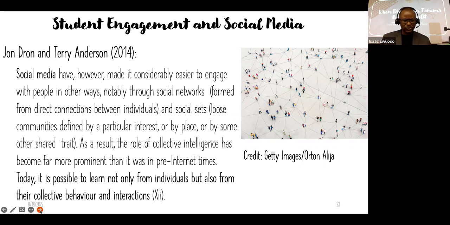So according to stats, here's what they said: it's possible to learn not only from individuals but also from their collective interactions.